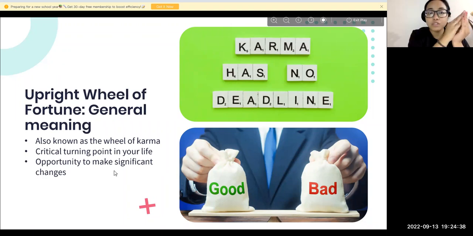So if your karma is good, definitely you're going to get all the fortune that is required. If you have been going through a lot of happy and good things in your life and the Wheel of Fortune comes, it can also mean that you can expect a very unexpected event because of some bad karma you have done, and you might need to pay back. But it's very rare. It depends upon the combination of the cards. By the way, Wheel of Fortune is a dependent card, dependent on the other cards surrounding it. But if you take only the single card, Wheel of Fortune is a positive card because it comes as karma.